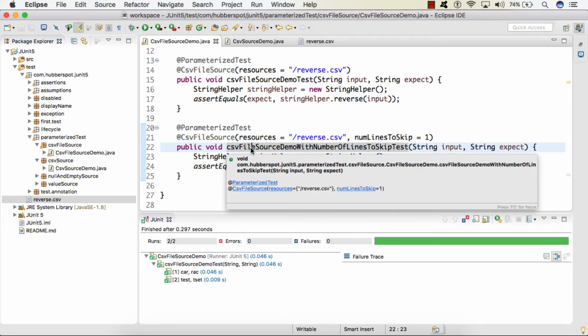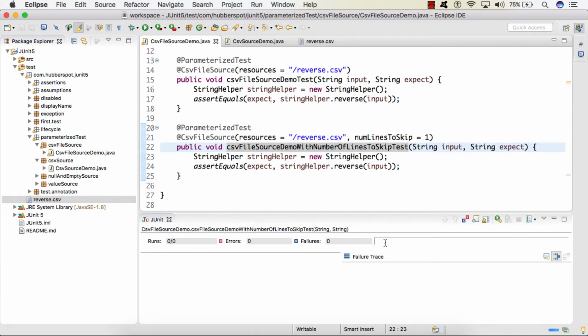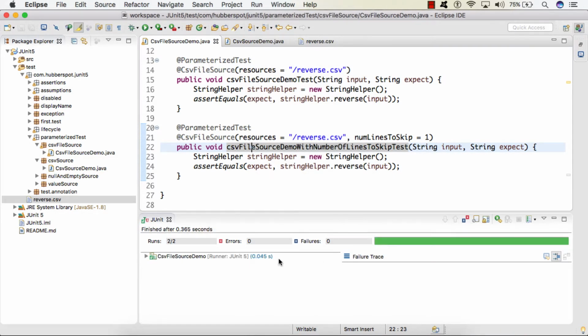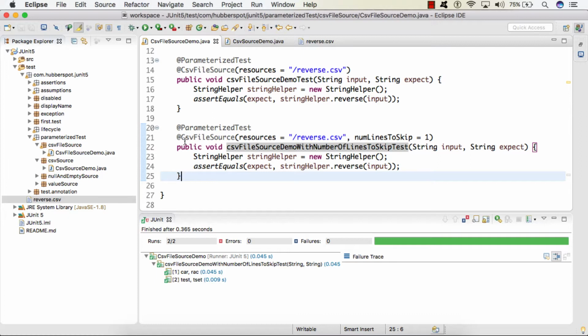So if I run the test case now, here you can see the test case got executed 2 times, one with the values car and rac, and the other with the values test and tset. So friends, here you can see the advantage of using @CSVFileSource.